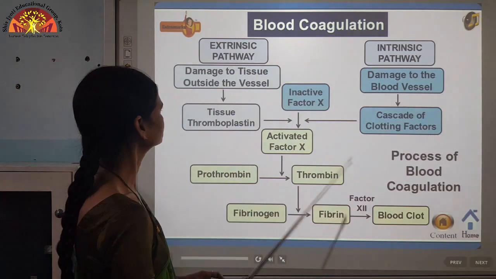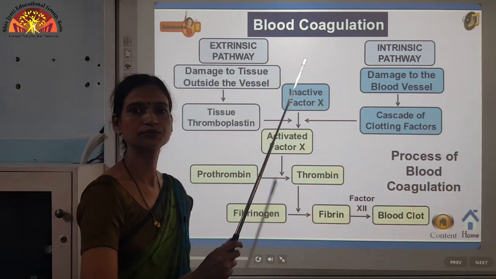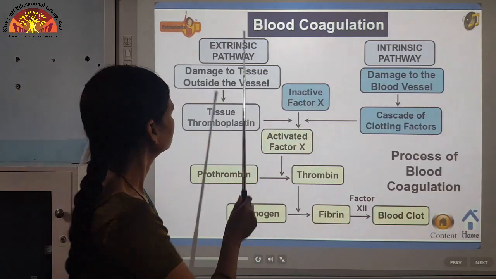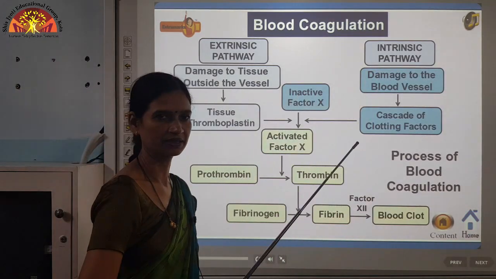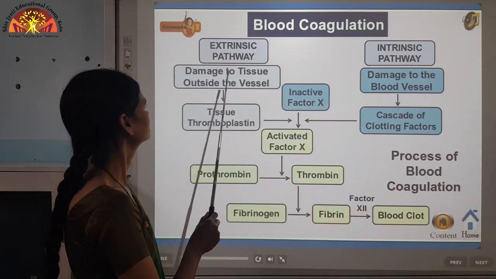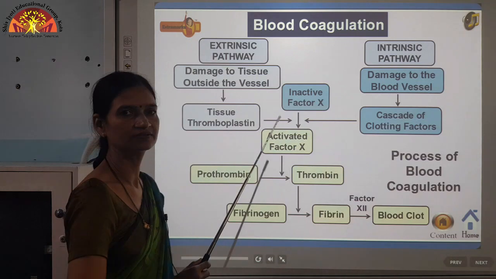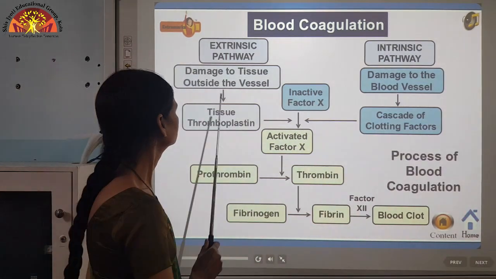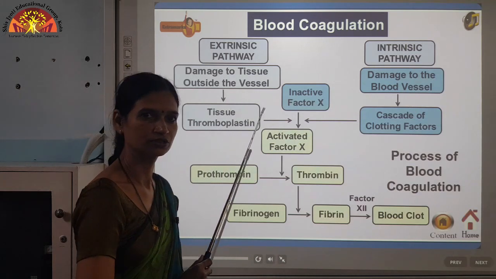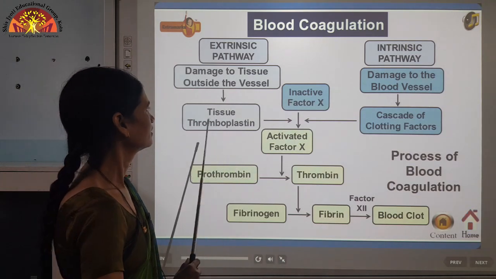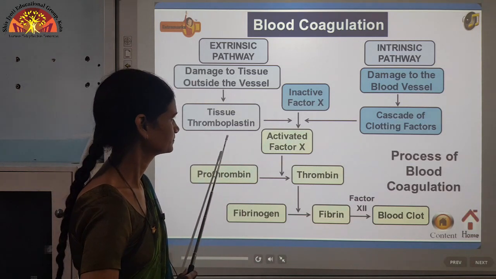Now there are two types of factors responsible for this coagulation of blood, extrinsic pathway and intrinsic pathway. Extrinsic pathway को हम पहले समझते हैं, that is damage to tissue outside the vessel. जब हमको कट लग जाता है या there is an injury तो blood vessels की जो tissues हैं वो destroy हो जाते हैं, damage हो जाते हैं, but वहाँ पे tissue thromboplastin, ठीक है,